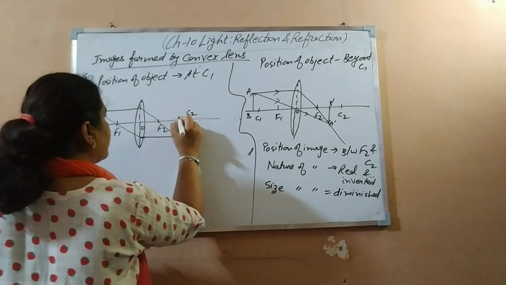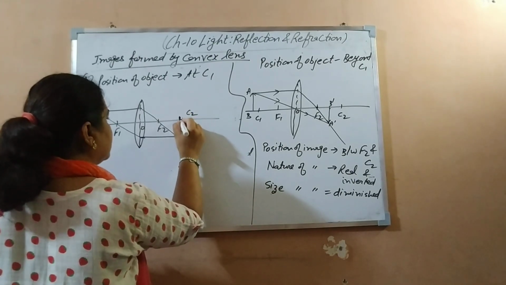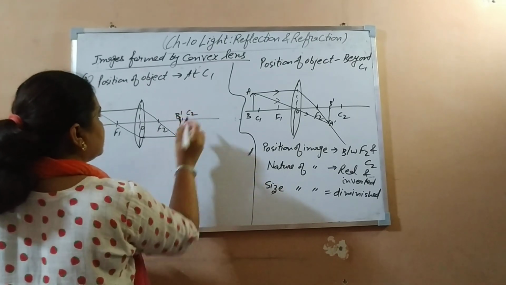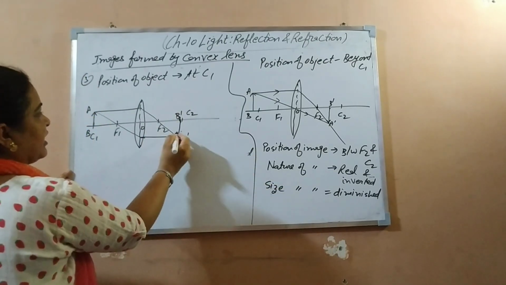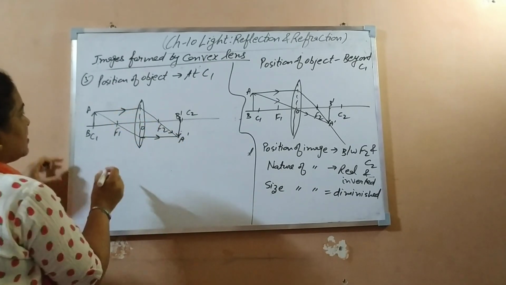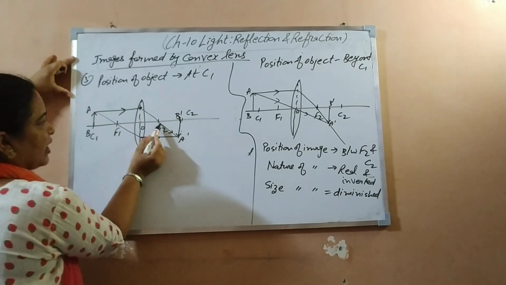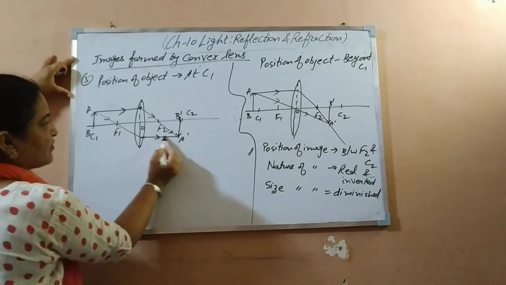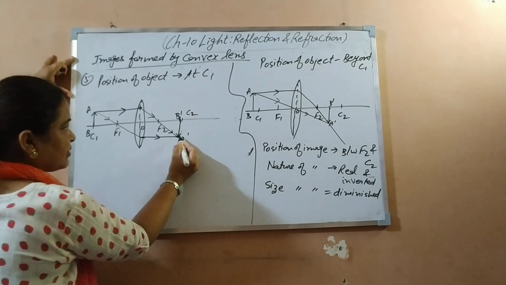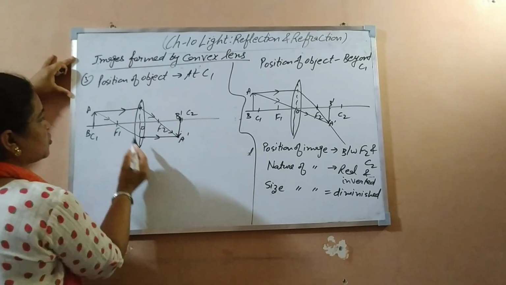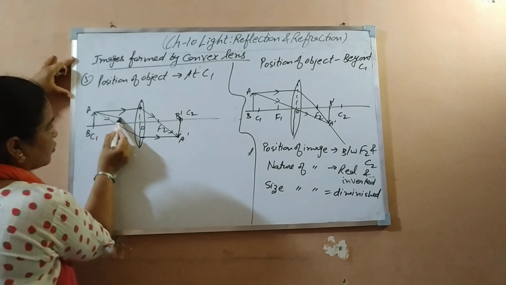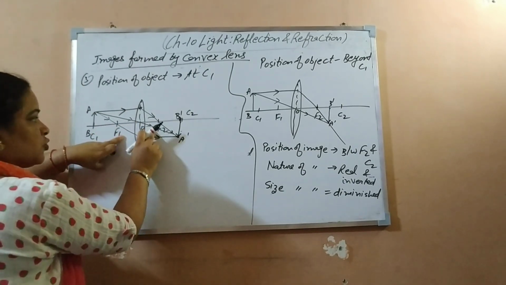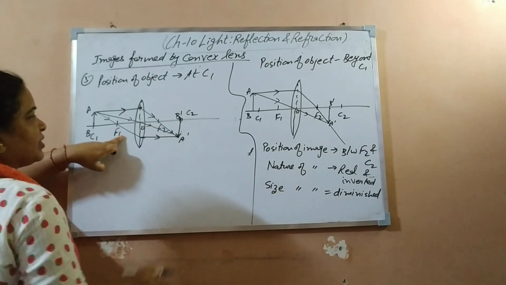So where we have got the image, you will get this image at C2, A dash B dash. If you do it with measurement, then definitely you will get it. Arrows are a must. One ray goes parallel; after refraction, it would pass through the focus. Another ray passes through the focus; after refraction, it would be parallel. Where they intersect, that point is at C2. You can show a ray from the optical center also, that is correct. Instead of this ray, you can show the optical center. Then also you will get the image at C2.